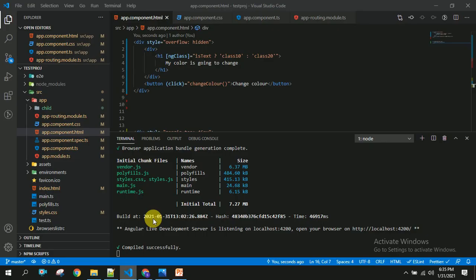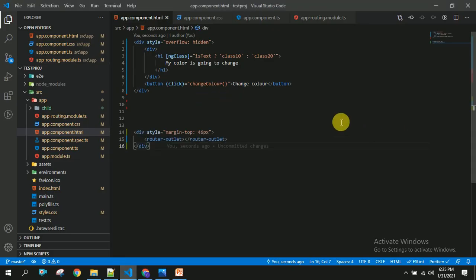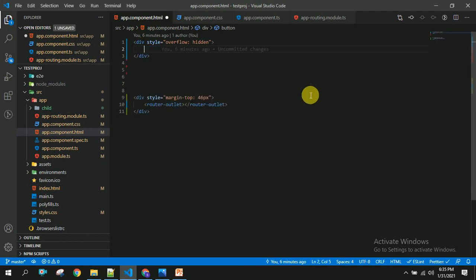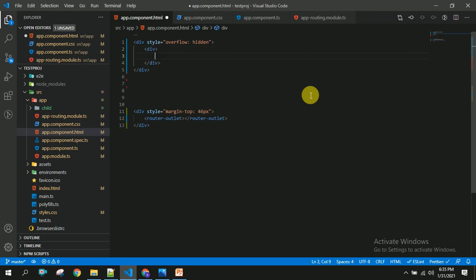So for this, first I am going to remove this, and I am going to take one drop down, select tag. Inside this select, we will be having option.